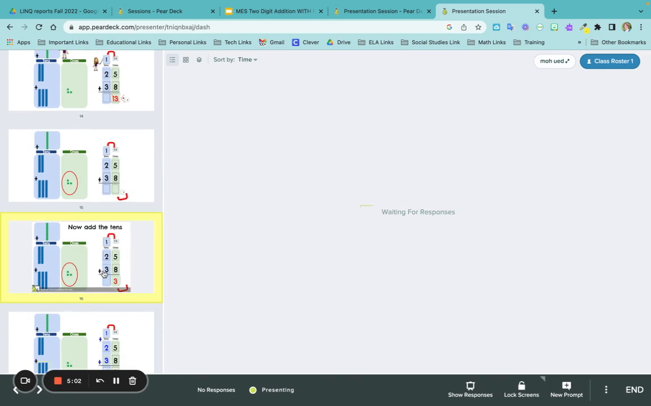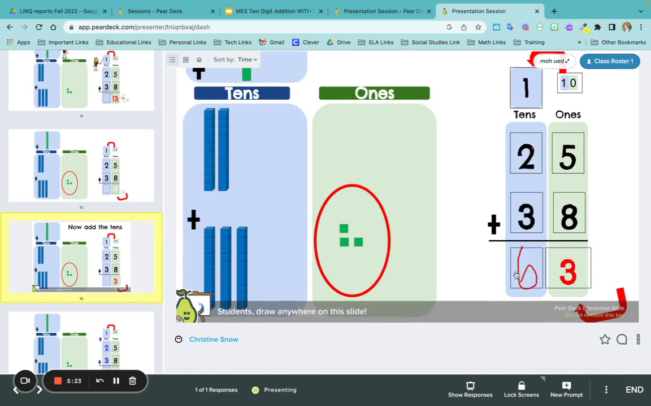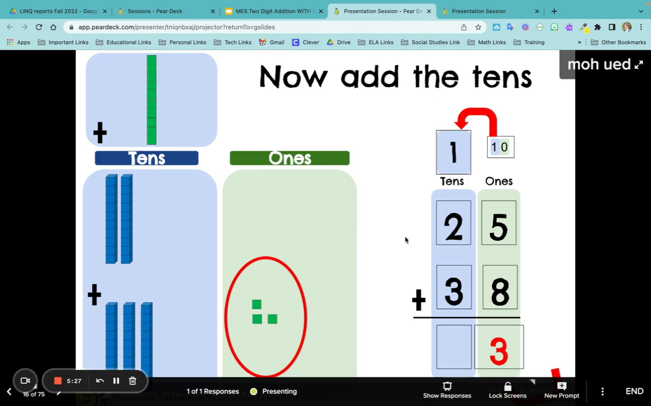I'm supposed to add the tens. So I carried over 10 ones to make that 10 at the top. And I'm supposed to add the tens. 1 plus 2 is 3, plus 3 more is 6. So as I write and work on my iPad, it's showing up here. And on the presentation screen, which might be,